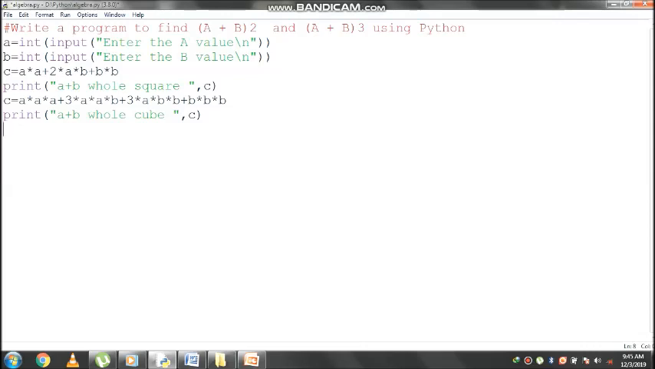Then the next line is c equal to the (a plus b) whole cube formula. The right-hand side formula is a cube plus 3a square b plus 3ab square plus b cube. The a value is 3: 3 into 3 into 3 is 27, plus 3 into 3 is 9, 9 into 3 is 27, 27 into 2 is 54. 54 plus 27 is 81, plus